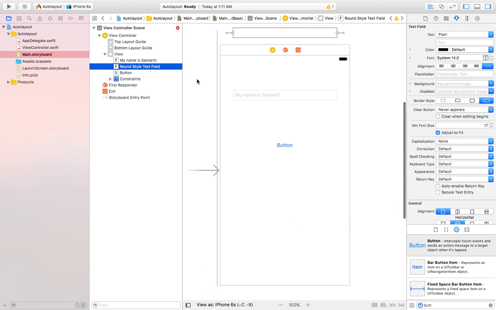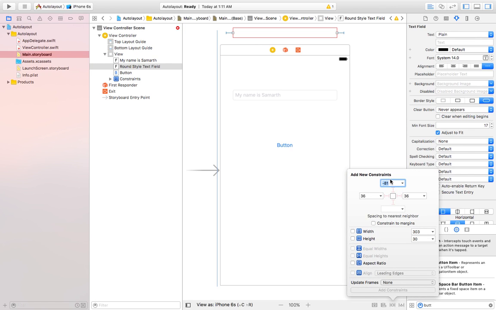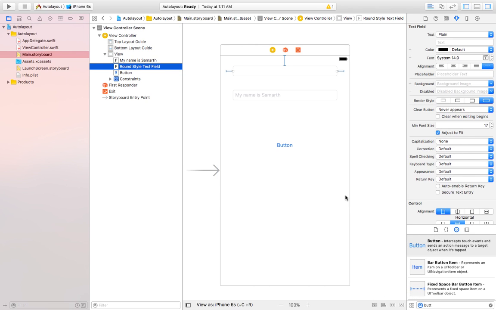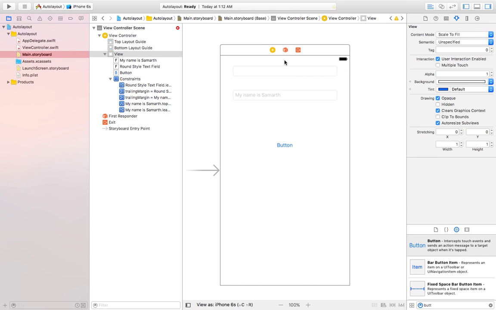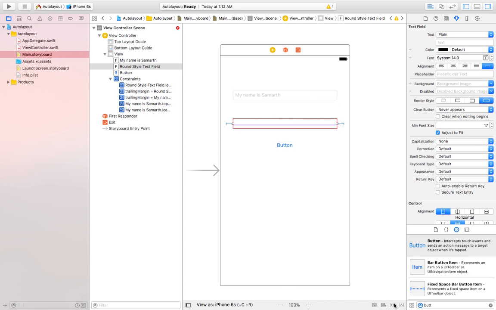Let's say I want it 30 from the top, so let's choose 30 and add one constraint. Basically it is 30 from the top, but we want 30 from this, so let's delete this constraint and move this text field down here, and now I will choose 30 from up